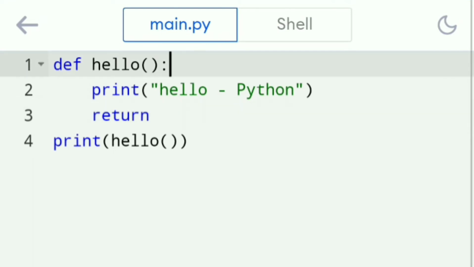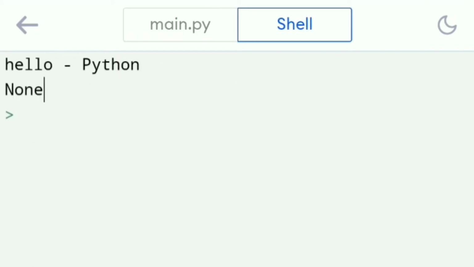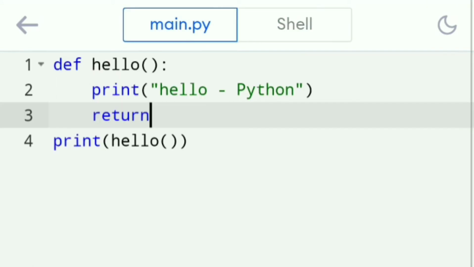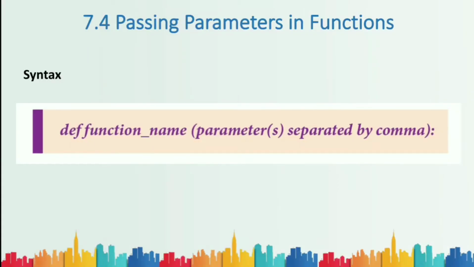In this function block, we have the return statement as the last line. If the return has no arguments, then None will be displayed as the last statement of the output. That is this word. It happens only if you put the function call statement inside a print statement. I hope you have understood what calling a function is and how to write the function.